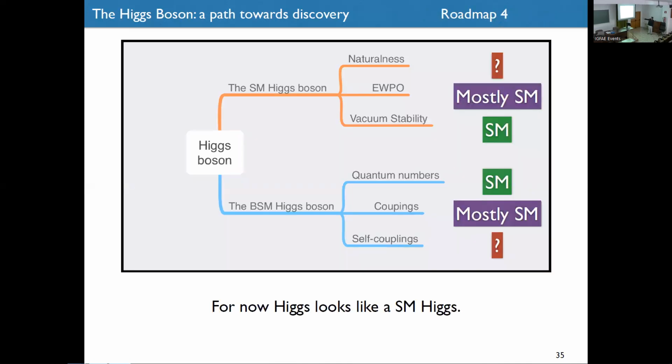So this is the end of the road for us. For the present, today, this is our understanding of the Higgs boson. We don't know if it's a standard model Higgs boson. For now everything is compatible, but there is room to find new things. So it's not a closed road here. Same thing for BSM. Everything that we measured looks standard model, but there are still a lot of things that we haven't measured.